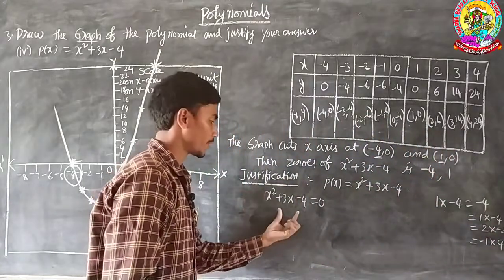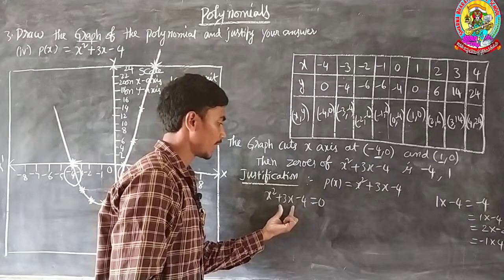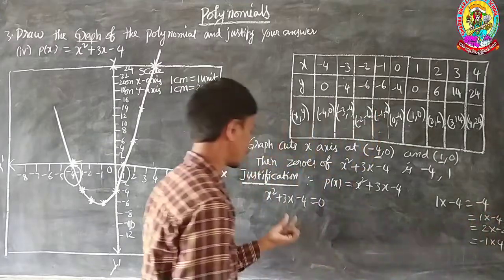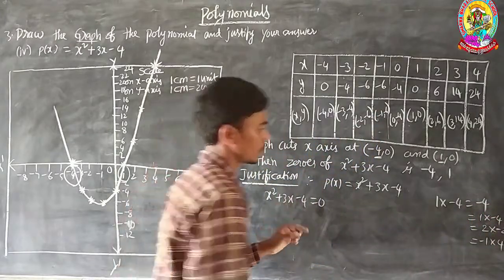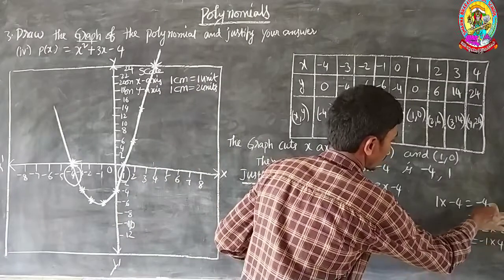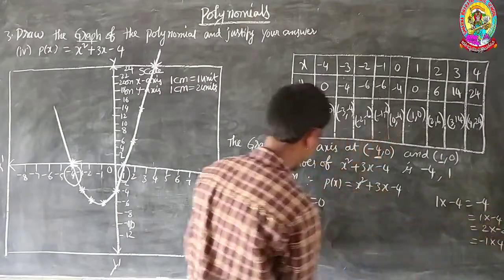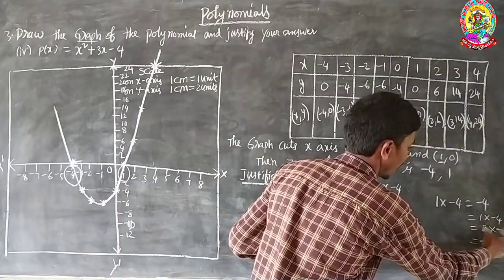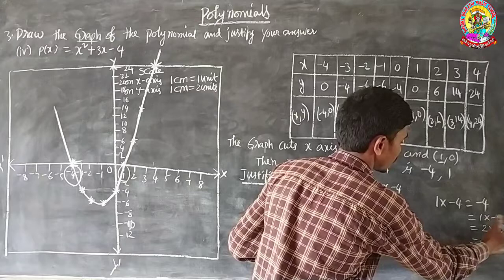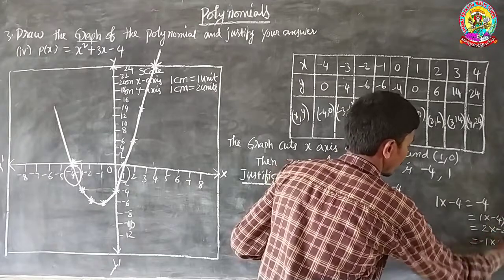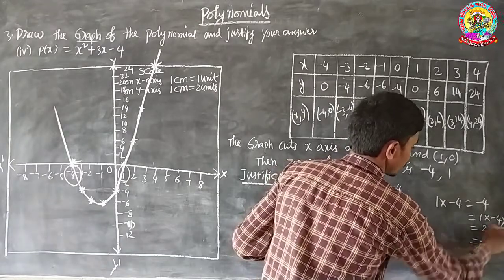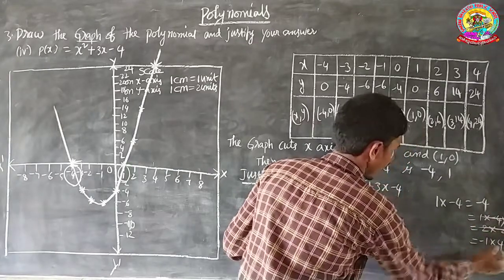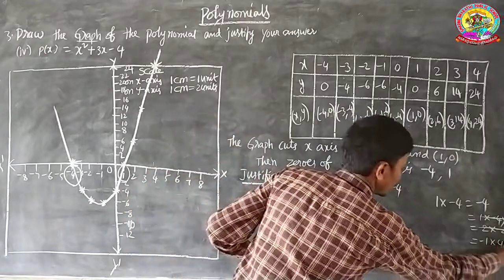But here, if you multiply, the product must equal -4. If you add, the sum must equal the coefficient of x. So if you multiply 1 into -4, the product is -4. If you add, that gives -3. But here you want +3. Next, 2 and -2: the product is -4. If you add, the sum equals 0. So this is also not valid. Next, -1 into 4: the product gives -4. If you add, the sum gives 3. So this is useful for this.